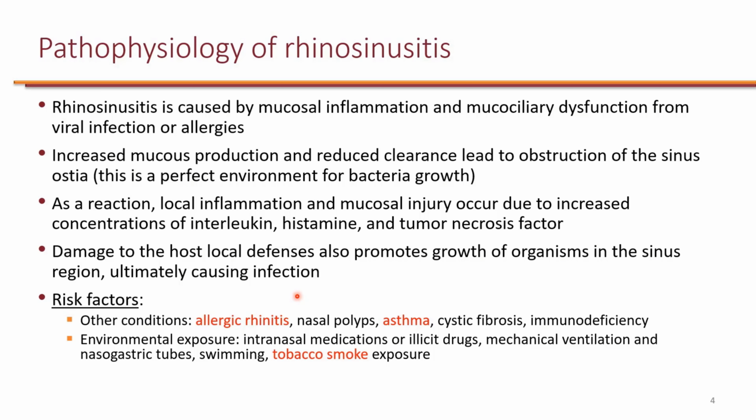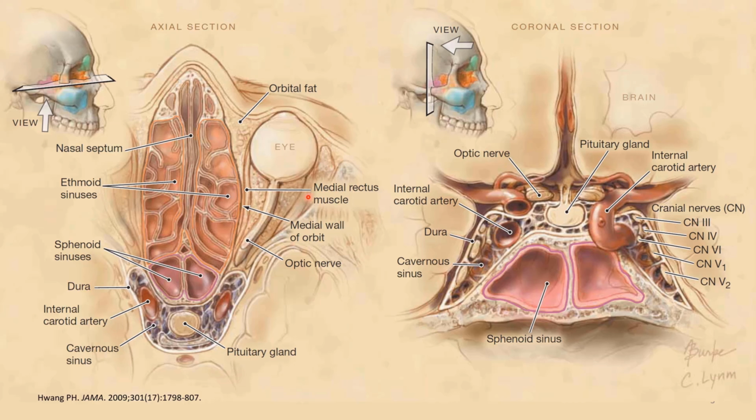As a result, the immune response will cause inflammation, and there can be damage to the host local defenses, which can further promote growth of organisms. Risk factors for rhinosinusitis are allergic rhinitis, nasal polyps, which can also cause obstruction, asthma, cystic fibrosis, and immunodeficiency, as well as environmental factors. Now, occasionally rhinosinusitis can result in complications, and the sites of these complications include the orbits,